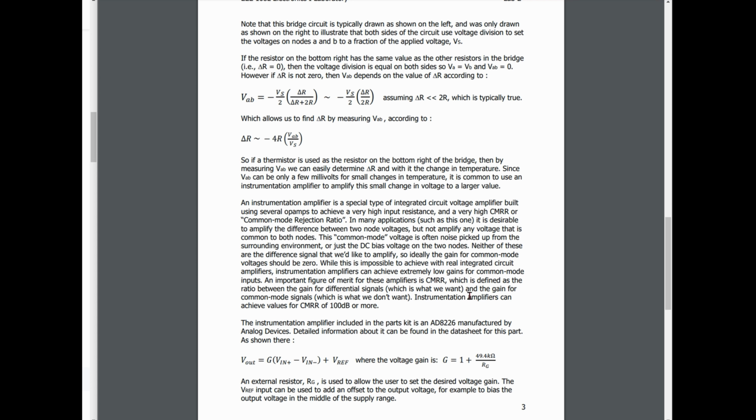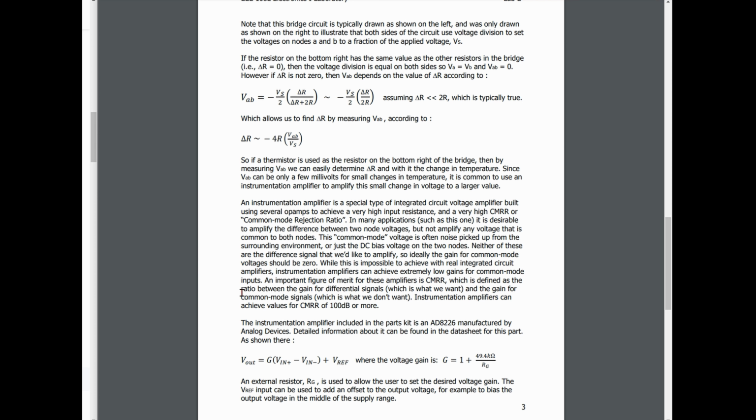In many applications such as this, it is desirable to amplify the difference between the two node voltages, but not amplify any voltage that is common to both nodes. The common mode voltage is often noise picked up from the surrounding environment, or just the DC bias voltage on the two nodes, which you don't want. Neither of these are the difference signal that we'd like to amplify, so ideally the gain for common mode voltages should be 0. While it's impossible to achieve this in real integrated circuit amplifiers, instrumentation amps can achieve extremely